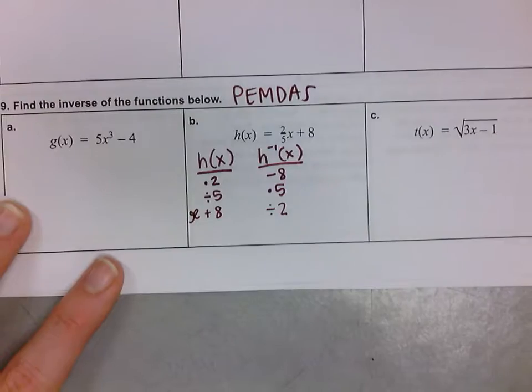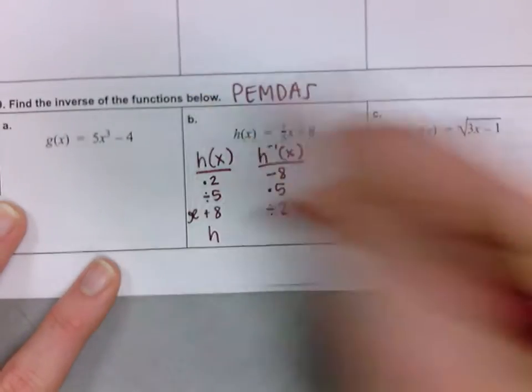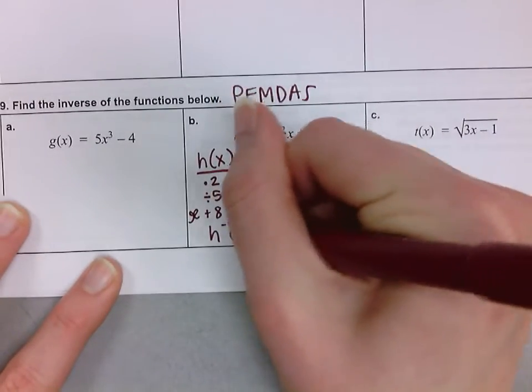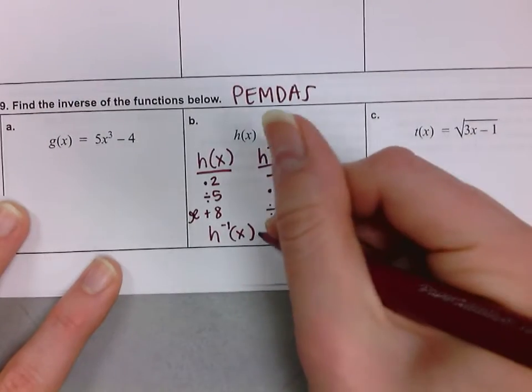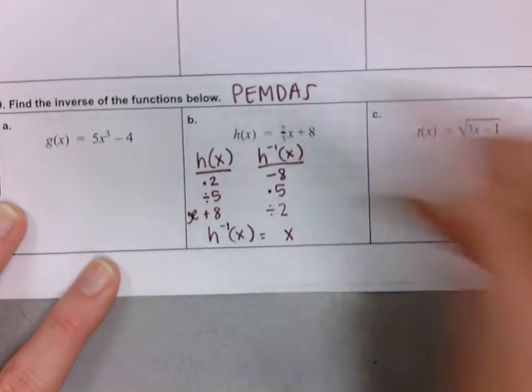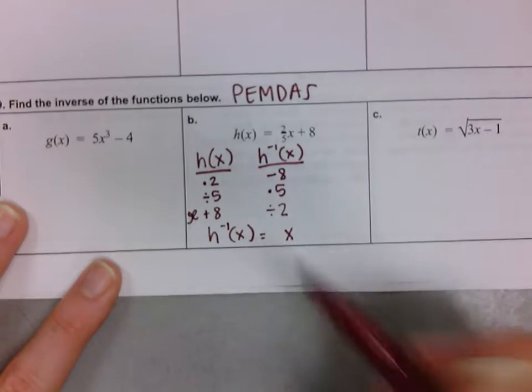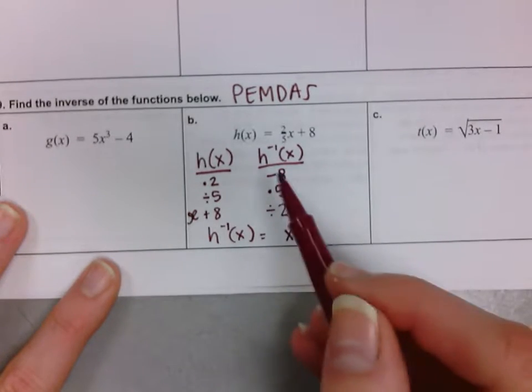So I've written myself a list of instructions, so I know my inverse. Reminder, that symbol literally just means the inverse of h of x. It is going to be, and I start with an x. Some students forget that step. You just put your x down, right? x is being subtracted by 8,